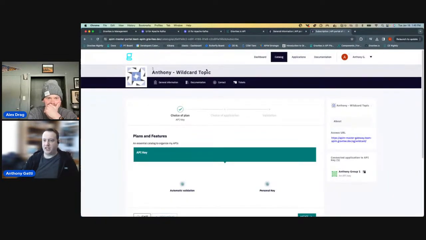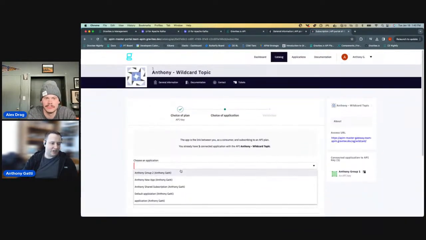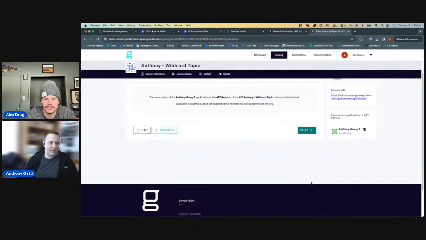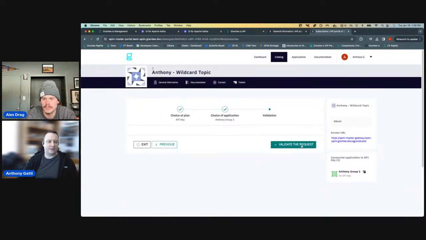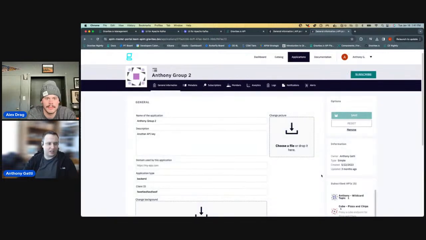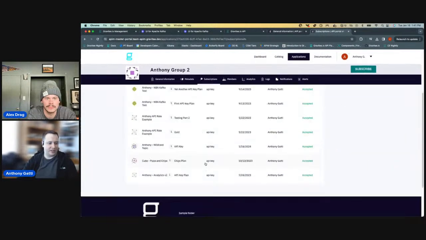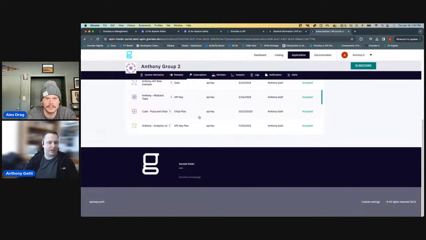So this is going to have your API key configuration here, and then just like always in Gravitee, you can come in here into the portal, look at documentation about your Kafka API, and subscribe to it, choose an application, and create your subscription request here. In this case, because I set up the API to automatically validate the subscriptions, I should be able to come back to here and get to my application, this is a different application that I have. Look at my subscriptions, see my topic,